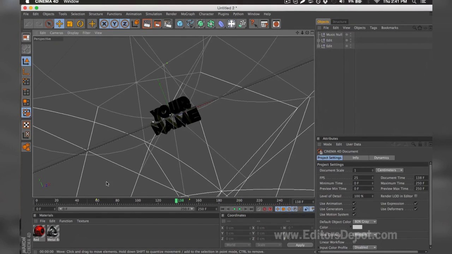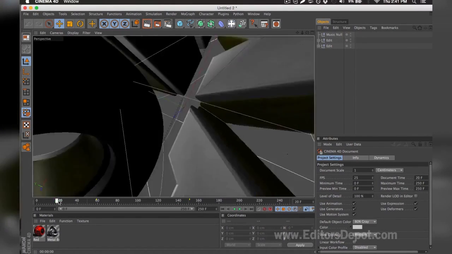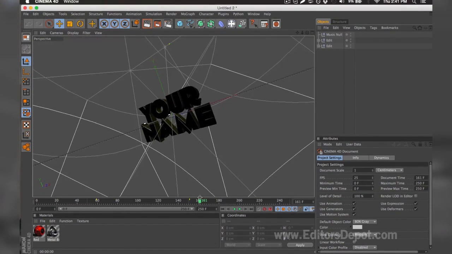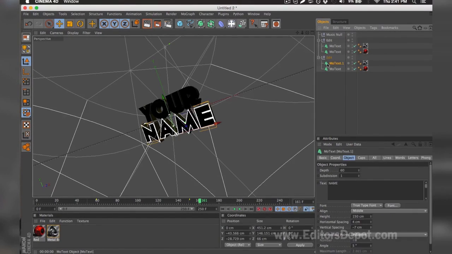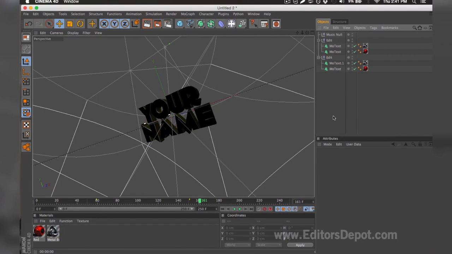Sometimes the audio will be included, and you don't have to worry a bit about that. As you can tell on this template, the audio is included. It's not a problem at all, and sometimes the font is not included. If it's not, all you want to do is of course look for the text layers. They will look a little like this. Select it, and then hit font, and select any font you wish. You can visit designerdepot.net for any font you wish.